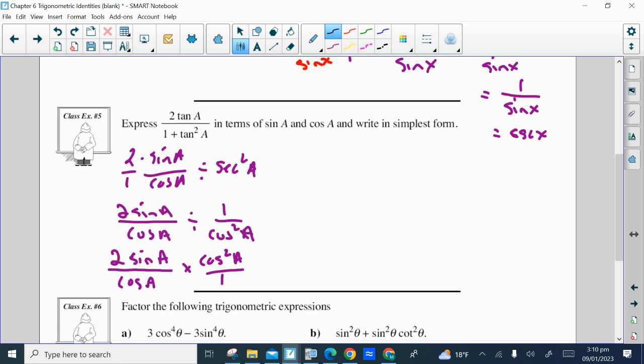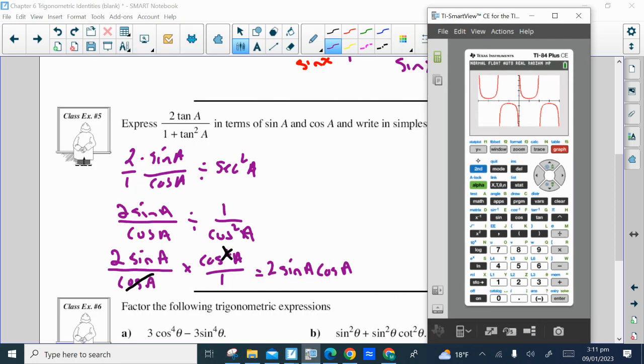To divide by 1 over cos squared A, it's the same as multiplying by the reciprocal. And now we can divide top and bottom by one factor of cosine A, which gives us 2 sine A cos A. There's our simplified expression in simplest form,